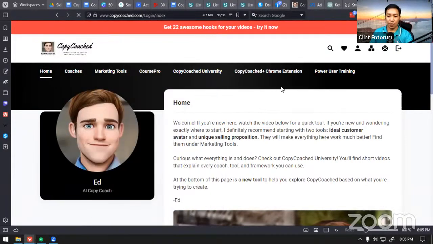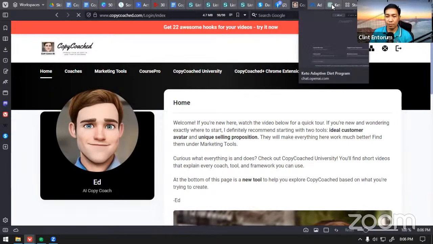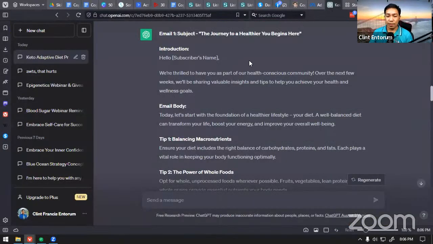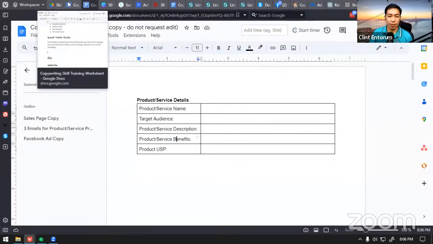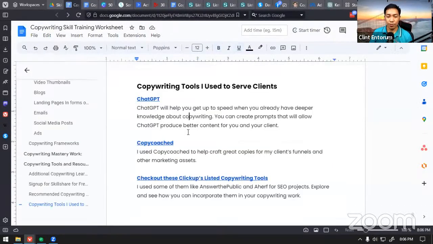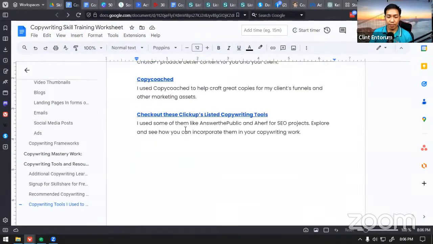For example, if I'm going to do something for a client, like helping them create some emails, I could use this, and I also incorporate ChatGPT in between the two. I'm just harmonizing the use of the two tools. Again, you will be more effective using ChatGPT or other AI tools if you have the fundamental skills, fundamental knowledge about copywriting. So that's why you have to go through this. I keep coming back to that.